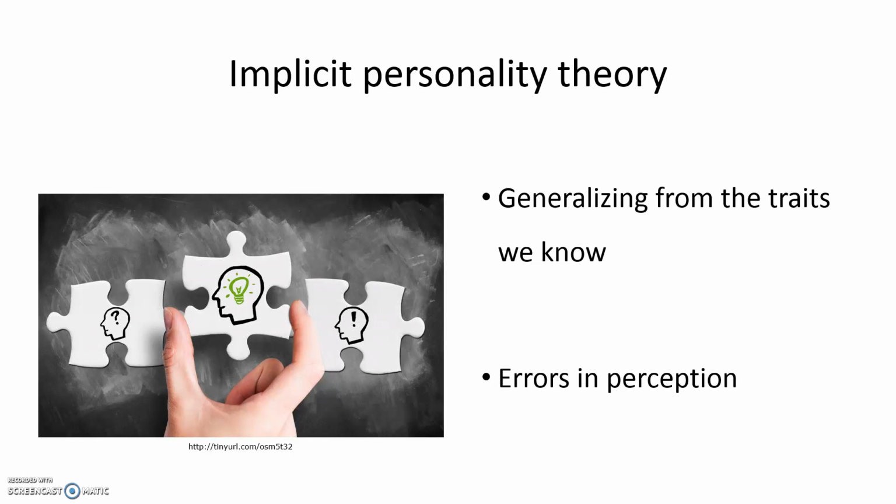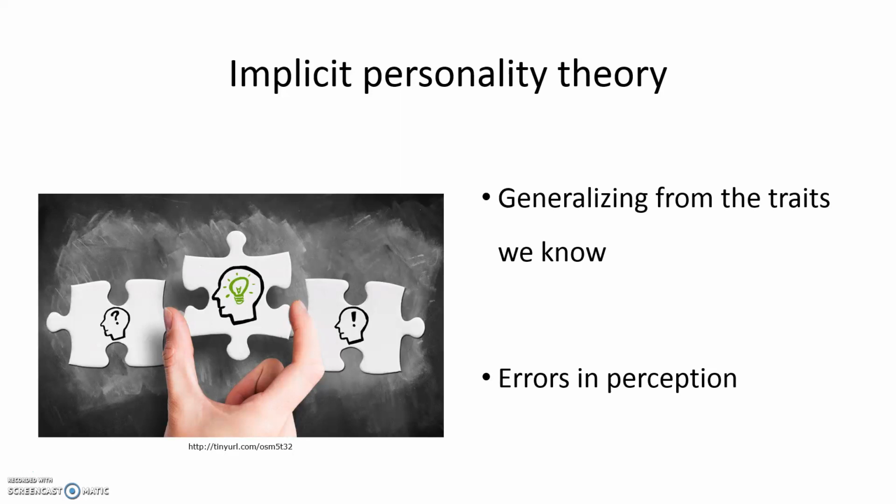Thinking about personality, it's important to consider implicit personality theory. Now, in this theory, it says that we as humans tend to generalize from traits. Now, what does that really mean? So, imagine that you and your new friend Bob have gone out. Now, you know that Bob is quite clumsy. He's tripped a few times. In fact, he's tripped 5 times. Every time you've gone out, he's tripped. And so you assume, yeah, Bob is super clumsy.